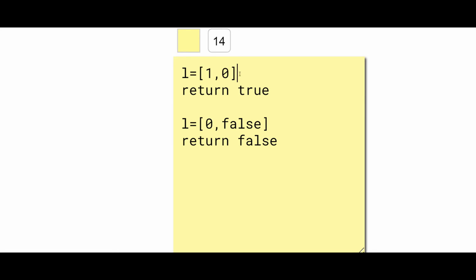In a list there should be at least one true value for it to return true. And as you can see in this list both values are false, so the any function returns a false value. Here the any function returns a true value because one of the elements in the list is true.